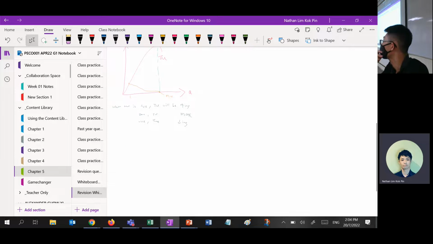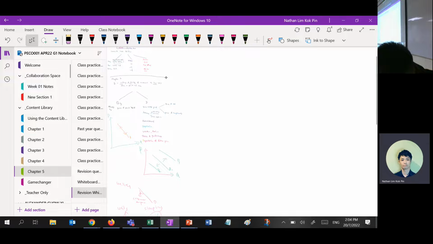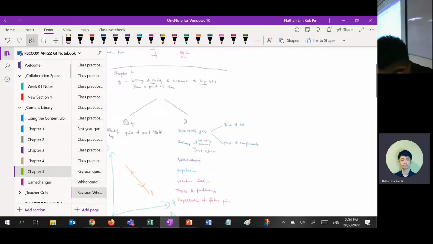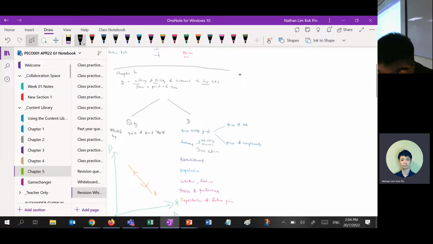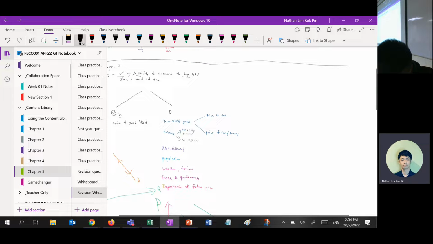After that, we learn about elasticity. Supply first. Okay. So for supply, right? I say those who want to go for break, go. Those who don't, continue. For supply, it is the same thing. It's still the willingness and the ability, but to sell at a given period. And it's not consumers, it's producers. That's all for supply.